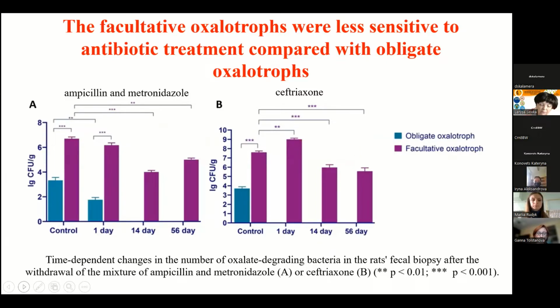Also, we know that people have different types of kidney disease, and in our everyday practice we use a lot of antibiotics. We also decided to test how different types of antibiotics, the combination of ampicillin and metronidazole and also ceftriaxone per se, would affect the number of obligate and facultative oxalate degraders. And as you can see here, the obligate oxalate degraders just disappeared